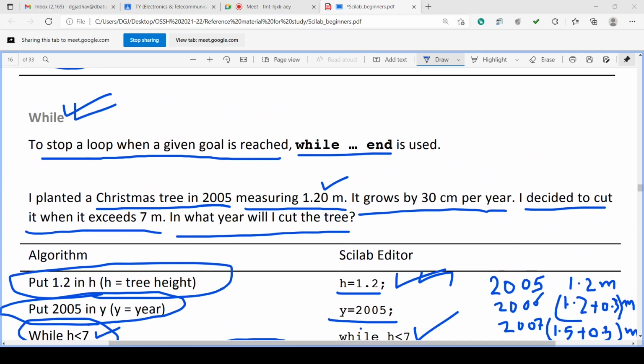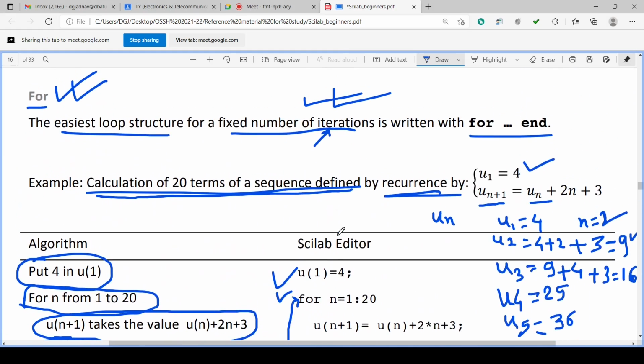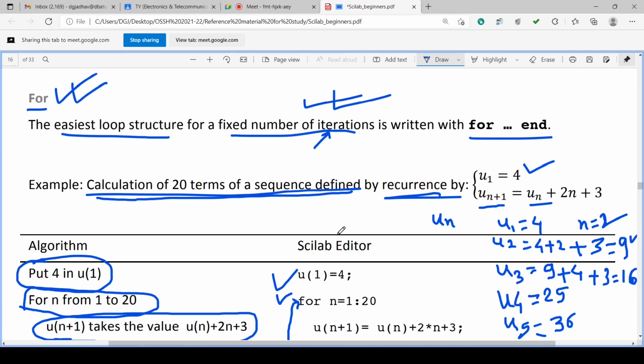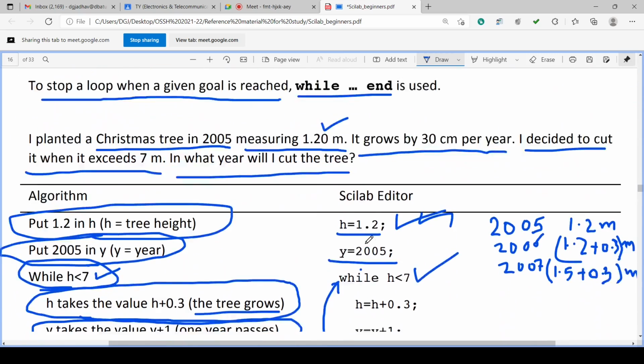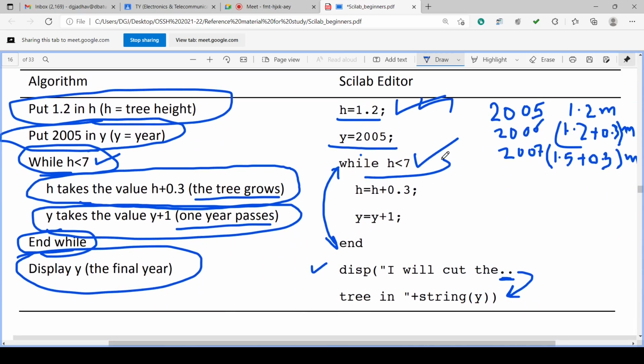So we have seen the for loop and we have seen the while loop. For loop is for a fixed number of iterations. Once you fix it from this to this, these are the fixed iterations. But while is not fixed. It will check the condition, and when the target is achieved, it will stop its execution and go out of the loop.